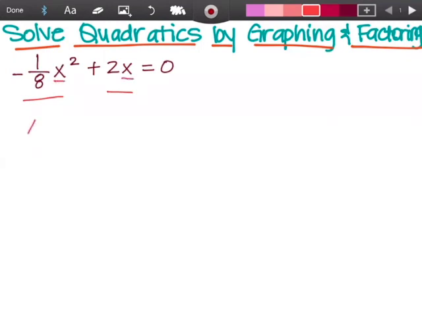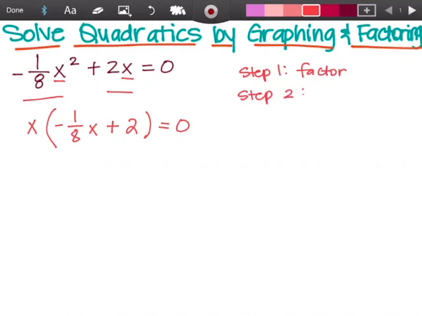So I can pull x out, and then we would say, what do we multiply by x to get negative 1/8 x squared? We would multiply negative 1/8 x. What do we multiply by x to get 2x? We multiply 2. And now we have factored. So let's write step 1, factor. All right, step 2,